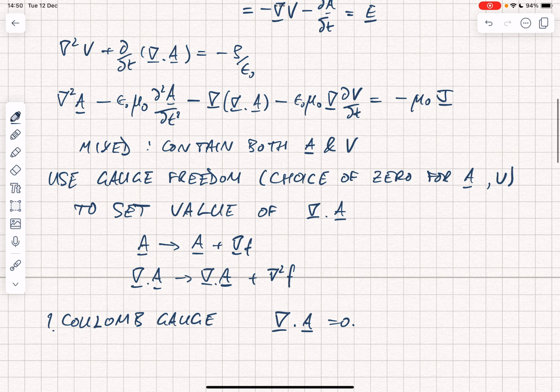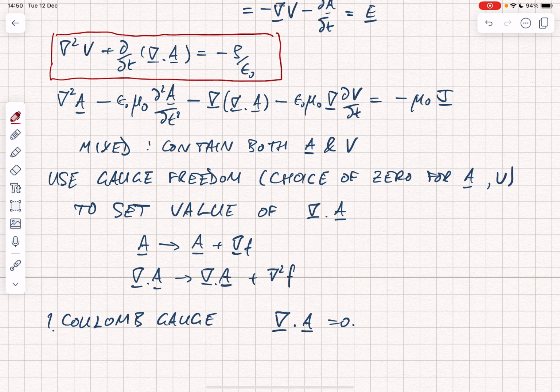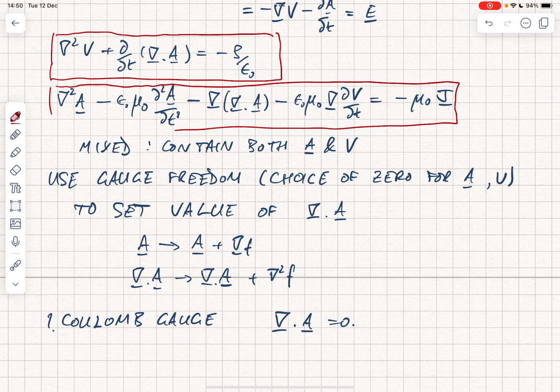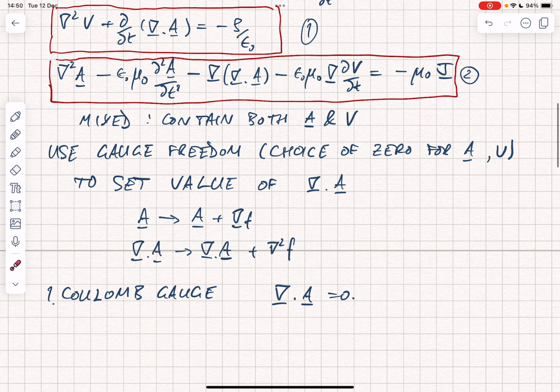Now, if we just look back at our equations up here, and just to make this easier, I'm going to outline our equations in red boxes for a moment. There we go, there's the first one. And that rather long and complicated one is there. Okay, that makes it easier to see. If we set div A equal to 0 in this first equation, let's give these equations numbers, then you can see that equation 1 becomes much simpler. In fact, it becomes the very familiar electrostatic equation. So equation 1 becomes del squared V is equal to minus rho over epsilon naught.